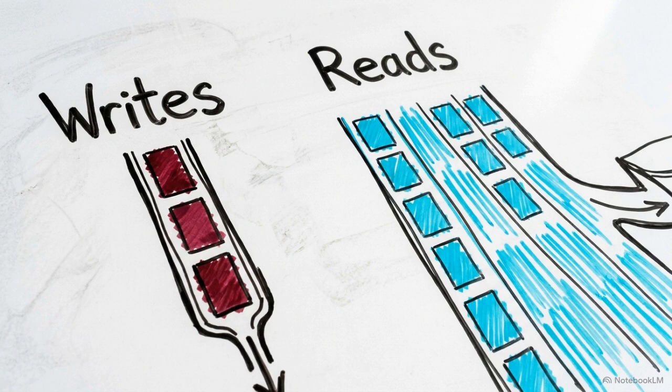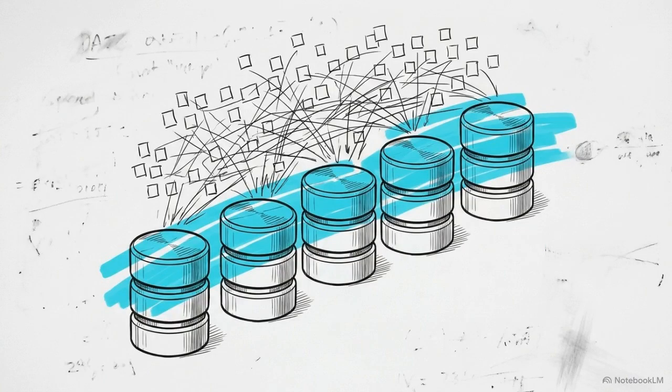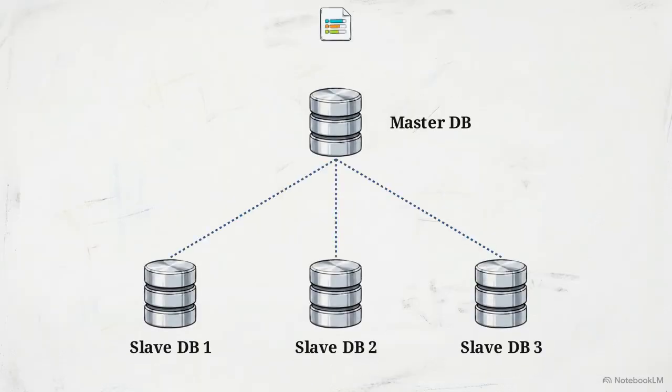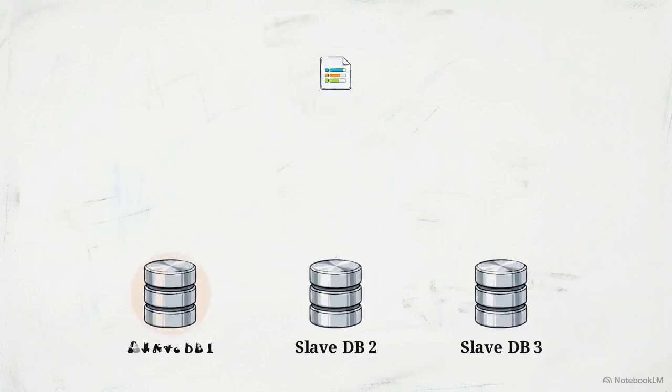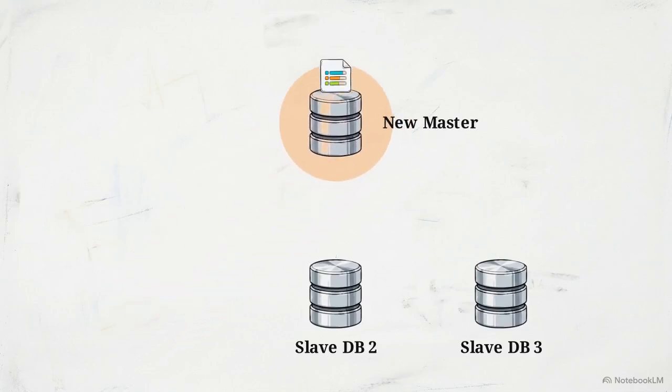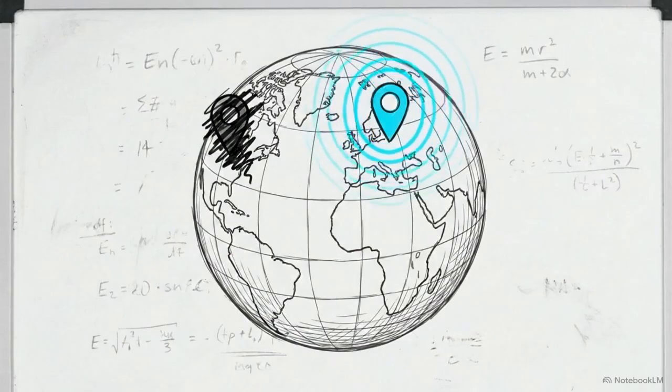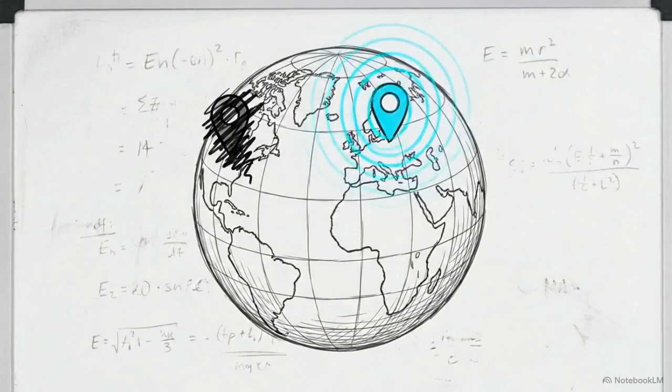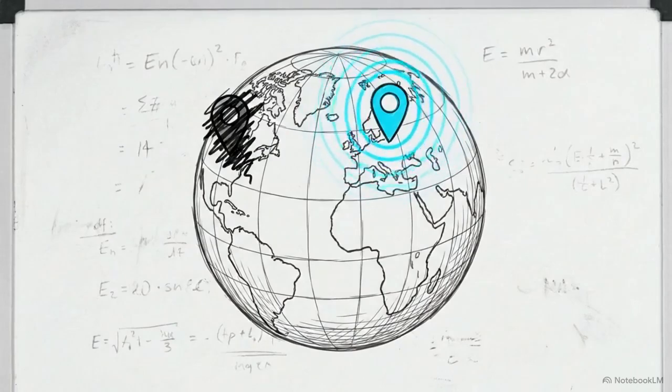It prevents heavy write transactions from locking up tables and allows the system to process a massive volume of read queries in parallel across different machines. It also creates an automated failover protocol. If the master node suffers a catastrophic failure, the system automatically promotes a healthy slave node to take its place as the new master, ensuring zero downtime. Implementing database replication ensures data permanence, prevents data loss during localized hardware destruction, and guarantees uninterrupted read availability for the